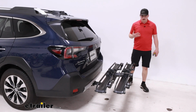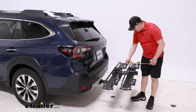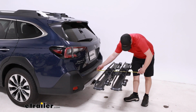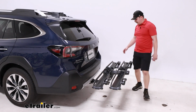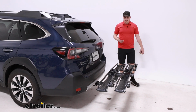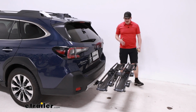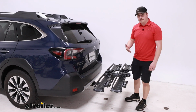It's really nice because I don't think you have to worry about that for anything, steep driveways or hills, things like that. And for the distance added to the back, we're going to be coming in at 27 inches. That also is actually really good compared to some other racks out there. It's pretty close to the average that we've worked with for a 2-bike rack today, but it does sit on that lower end. So it's very condensed, very sleek,